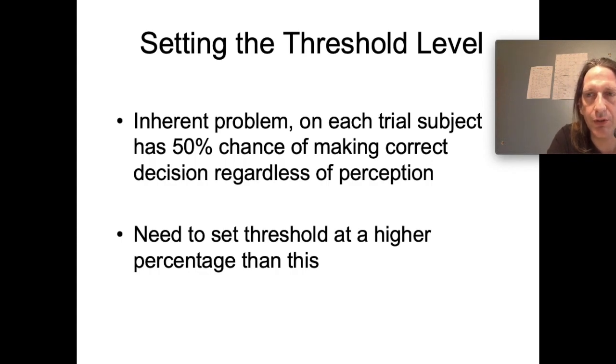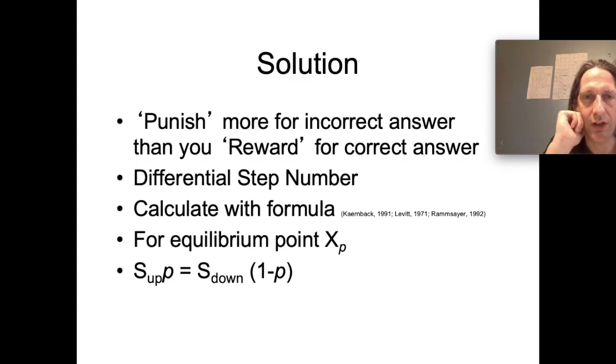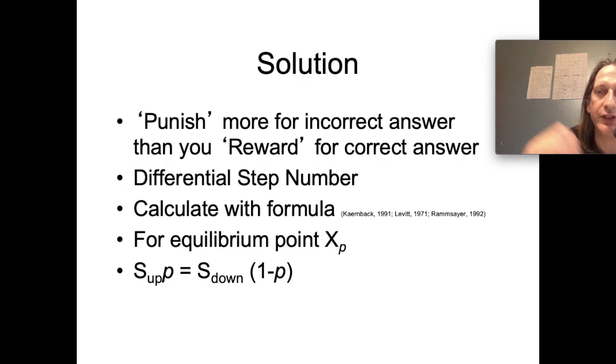So what we need to do is change this technique to set the threshold at a higher percentage of this. If we leave everything the same, then what we're going to find is a difference threshold, how different those 2 stimuli have to be for you to be able to detect the difference 50% of the time. But typically we set it higher than this. We're not interested in chance level thresholds. And the way we do this is we change our methodology slightly. So this time we're going to punish, in inverted commas, more for an incorrect answer than we reward for a correct answer. In our first example,